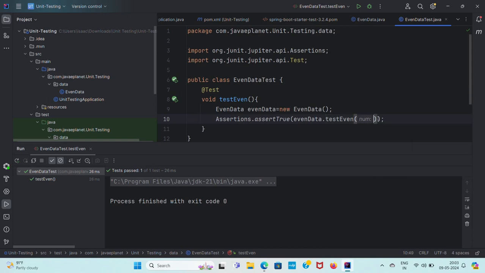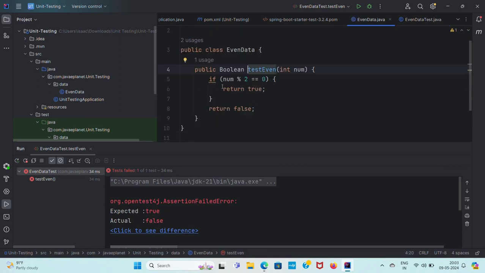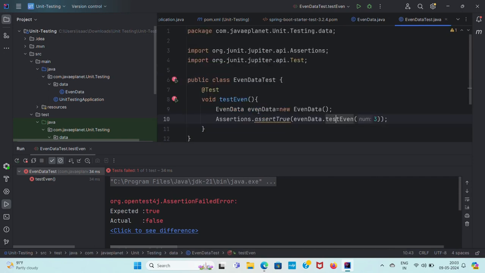Let's suppose I give the number as 3. Let me run this test again. The test has failed. Expected is true and the actual is false. That means when I have given the number 3, it will go inside this if condition. This if condition doesn't satisfy, so it will come here and return the false value. That's why the test has